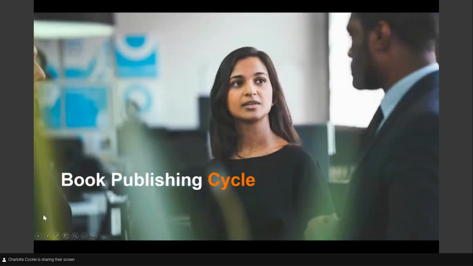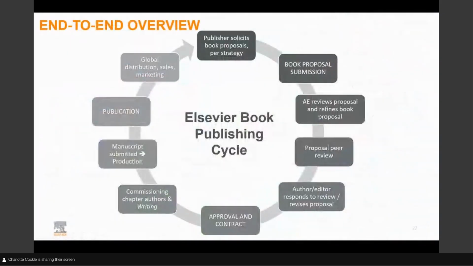Okay, so I'm going to move on from strategy now. Let's talk about the book publishing cycle and what you can expect from the book publishing process. And we're going to start by taking a look at the whole end-to-end process of book publishing. So prior to the starting point of this cycle is the strategy exercise, which is what we have just gone through. And at the head of this cycle is the phase where acquisitions editors begin soliciting book proposals, and this